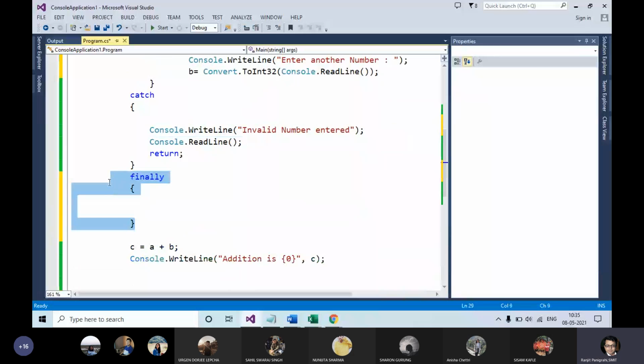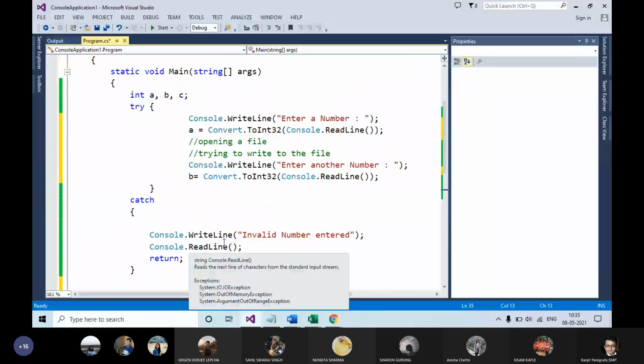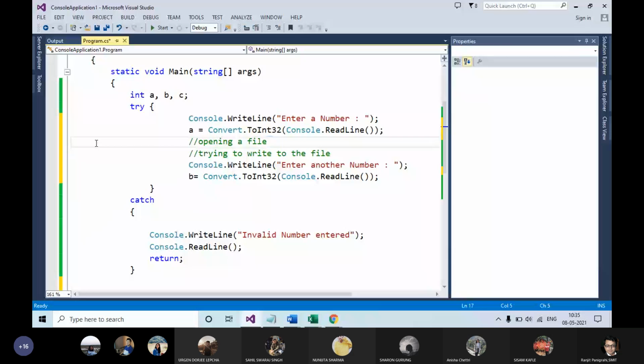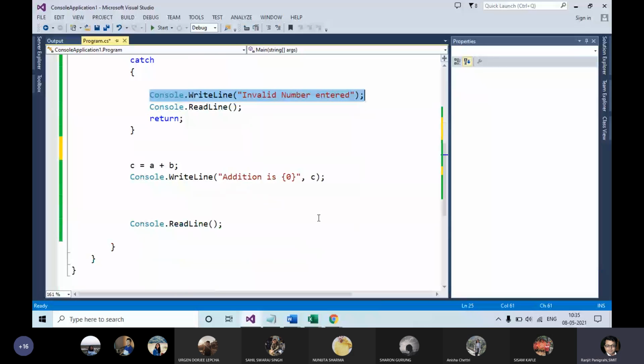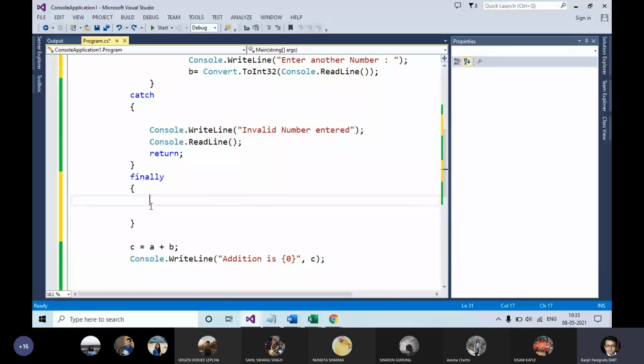So now in the absence of the finally block, what will happen? The rest of the code will be executed, fine, but the file will remain open. Are you getting my point or not? The file will remain open. Getting an exception, your control jumps to the catch block. It will display the error message. Then you will execute the remaining lines. But now your file remains open, so that has to be closed. That can be closed within the finally block. Close the file here.